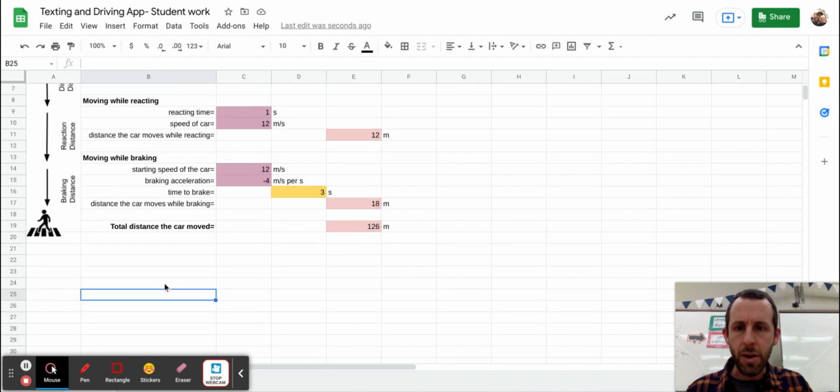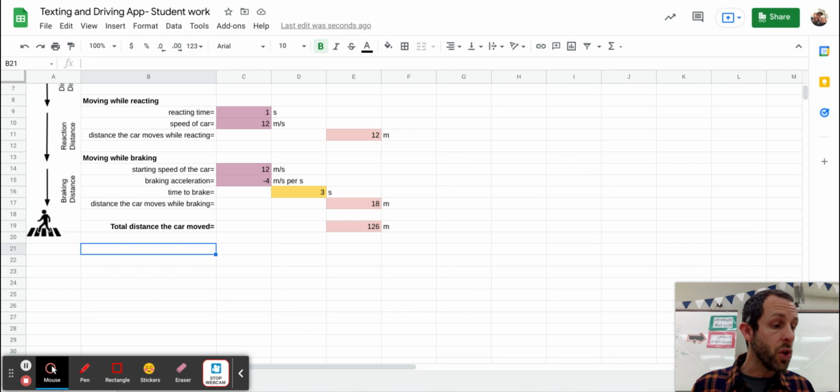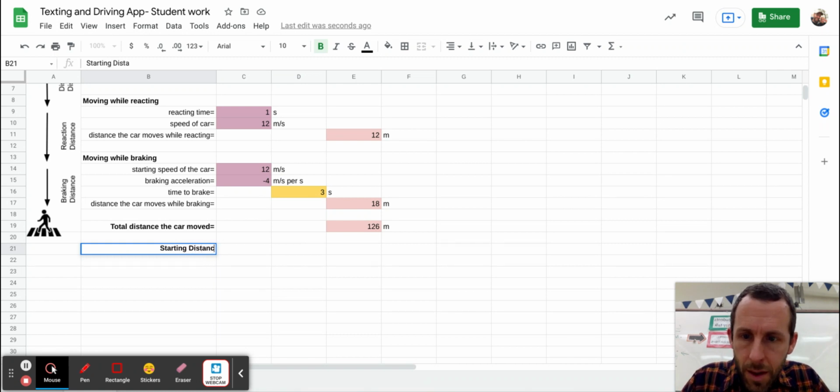Okay, here's our last part, and we don't want anyone to skip this because this is actually going to tell us the result of our scenario. Notice here, you've probably got this already, total distance the car has moved, the sum of these 3 distances that we've calculated. And now we want to know how far away was the car from the pedestrian when it started. So I'm going to type starting distance car to